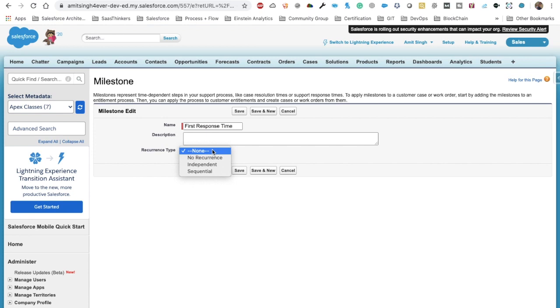And what will be the recurrence type? There are three recurrence types. One is no recurrence. That means once that milestone is completed, that milestone is not going to come again for that record. First response time is always going to be of type no recurrence, because once we send the response to the customer, we again no need to send the response to the customer for this milestone. There might be some other milestone where we will be sending responses to the customers, but for this milestone